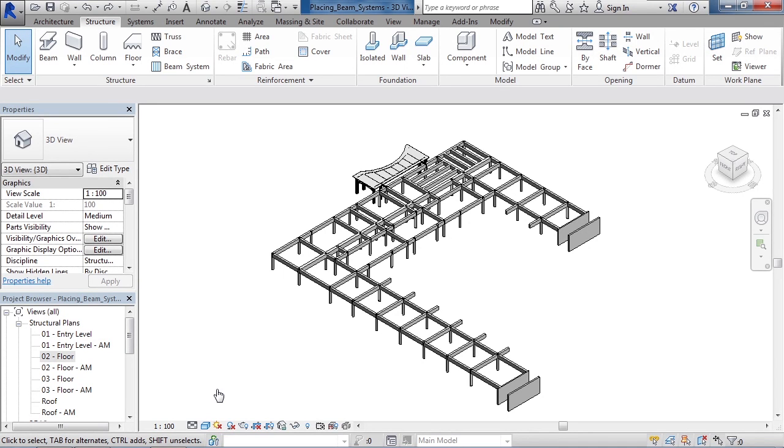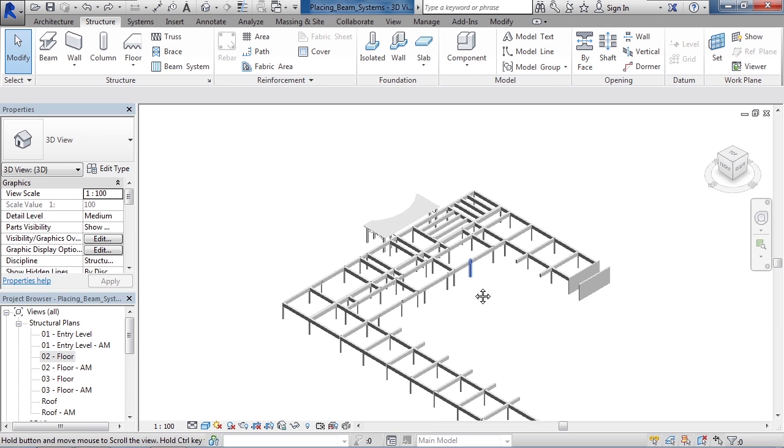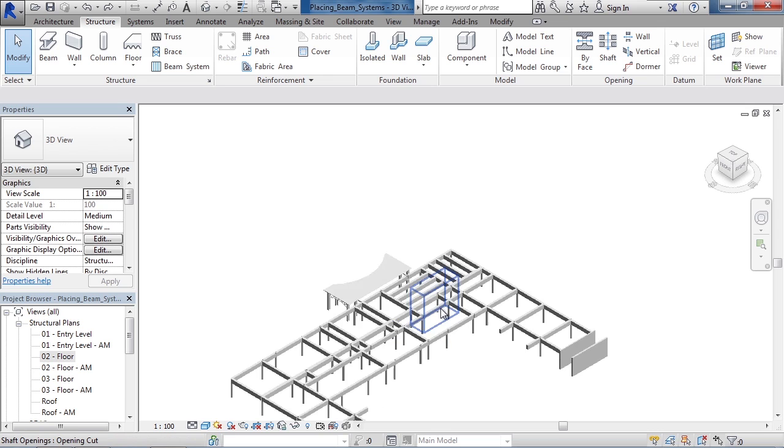In this lesson, we'll cover creating beam systems. So let's say you want to place multiple beams within an area or an opening. You can use a beam system. So looking at our structural model, if I look toward the upper portion of this 3D model, we have two